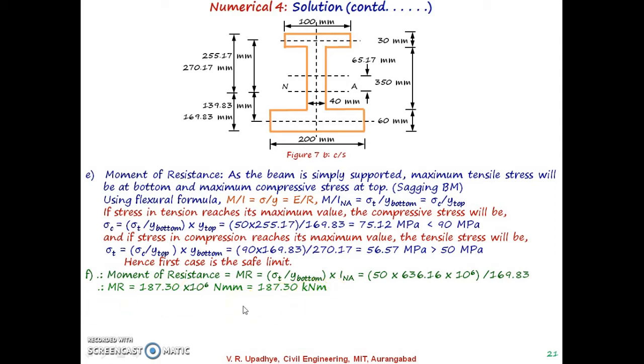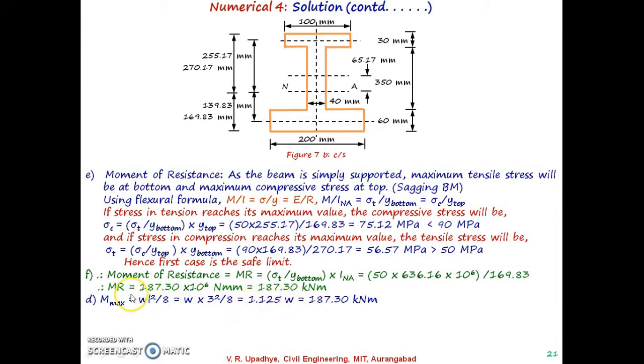So with this maximum bending moment carrying capacity, now you can calculate the value of the UDL that can be applied. So now if it is a simply supported beam and if it is subjected to UDL throughout, then maximum bending moment will be at midspan, and the value of that is WL square divided by 8. So what we can write is W into 3 square, 3 is the span of the beam, divided by 8, that we have calculated, that is 1.125 W.